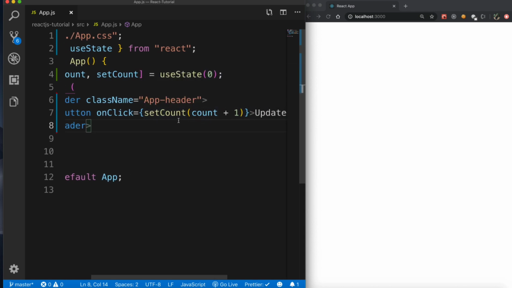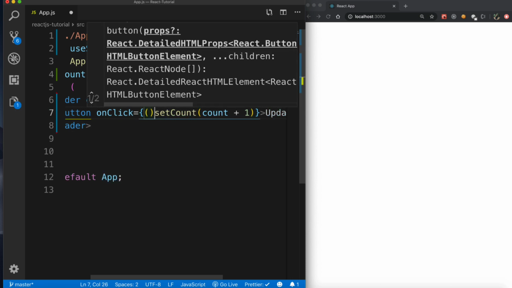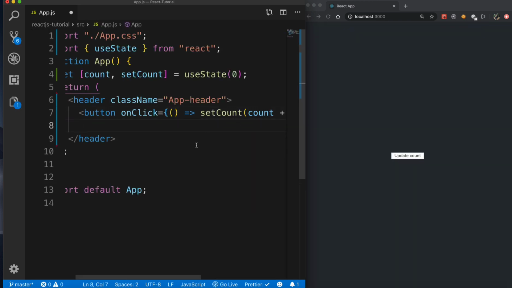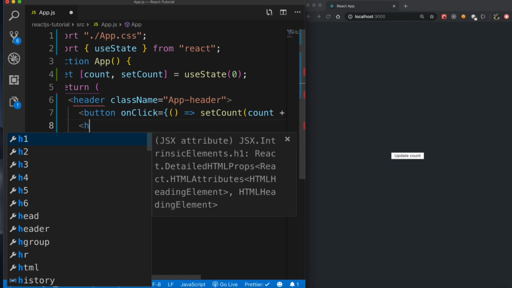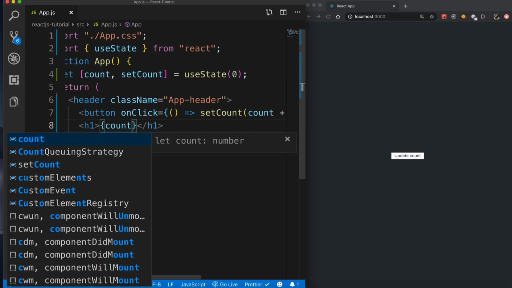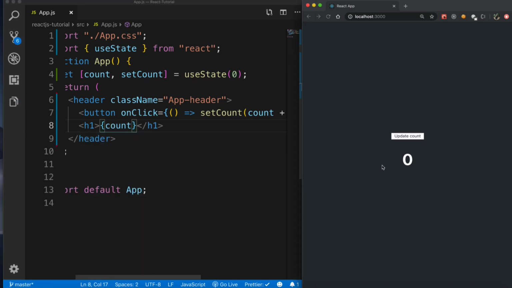And like we discussed in the previous video, we can't directly call a function like this. If we want to pass parameters, we can convert this to an arrow function, right? So I'm going to hit save on this. And in order to see the count value, let's also add another tag here. So I'm simply going to say h1, and this is simply going to display our count, okay? So I'm going to display count here and let me hit save on this. So as you can see, the count value is 0, right? This is the initial value we gave and we are displaying it here.